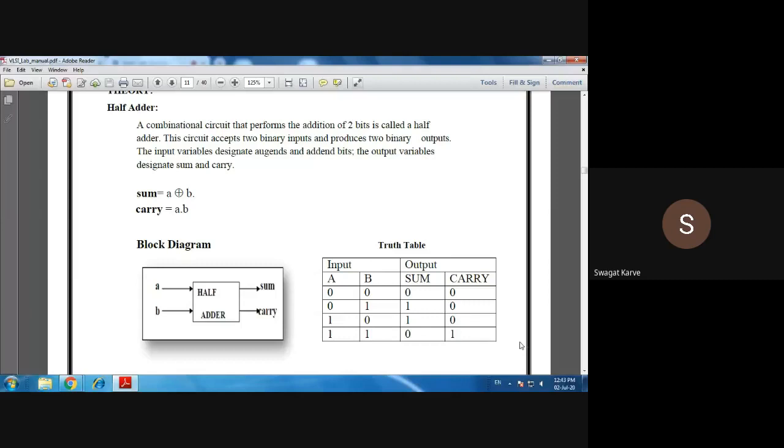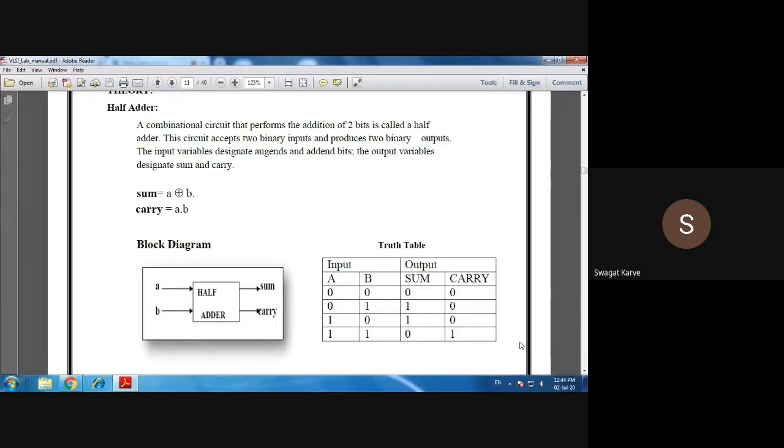Whatever the syntax and the architecture structure of the VHDL language that we discussed in the first unit, now with the help of that we are supposed to construct VHDL code for different combinational and sequential digital circuits. Clear with this? So this will be the aim of this unit.